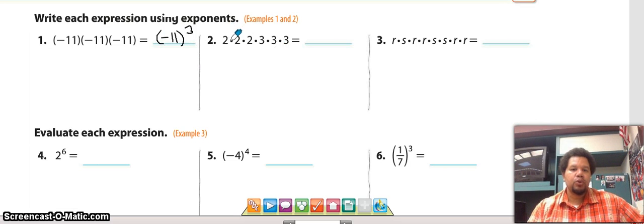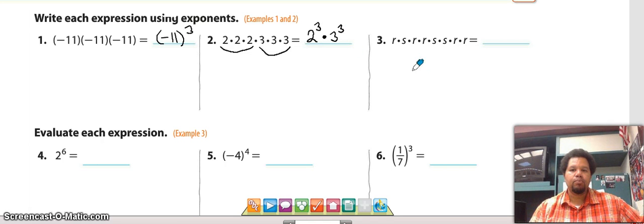Okay. Number 2. We have 2 times 2 times 2. We have 3 2's being multiplied. So that means our base is going to be 2. And it's being multiplied times itself 3 times. Times we have 3 times 3 times 3. So 3 to the third power. Okay,